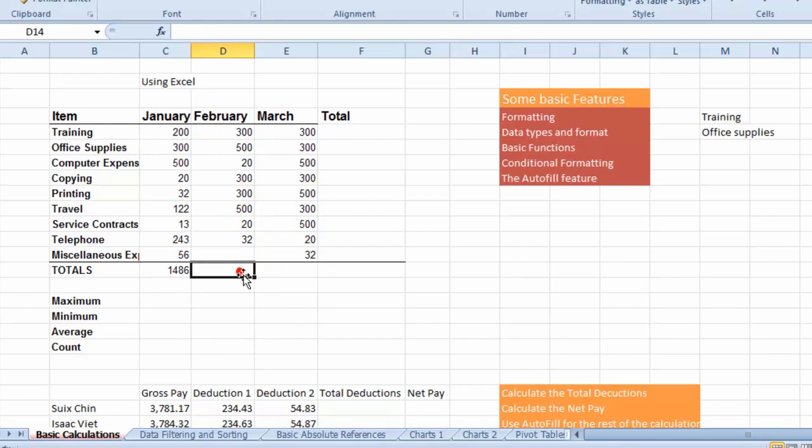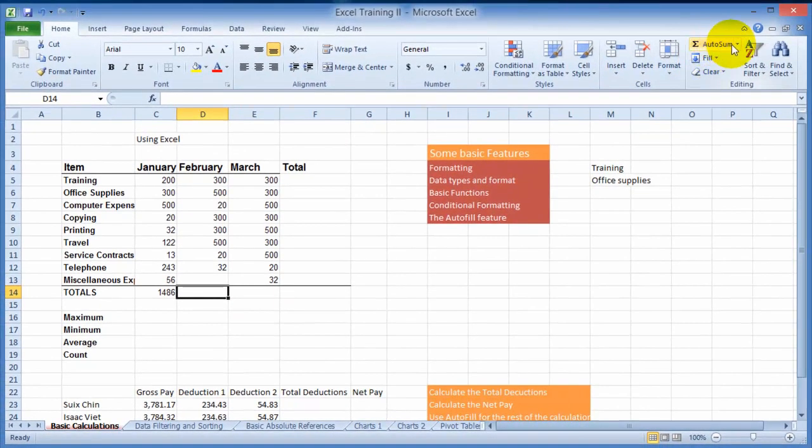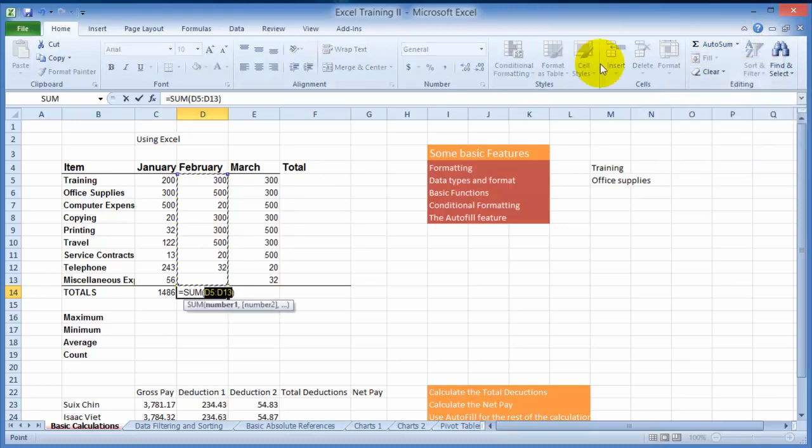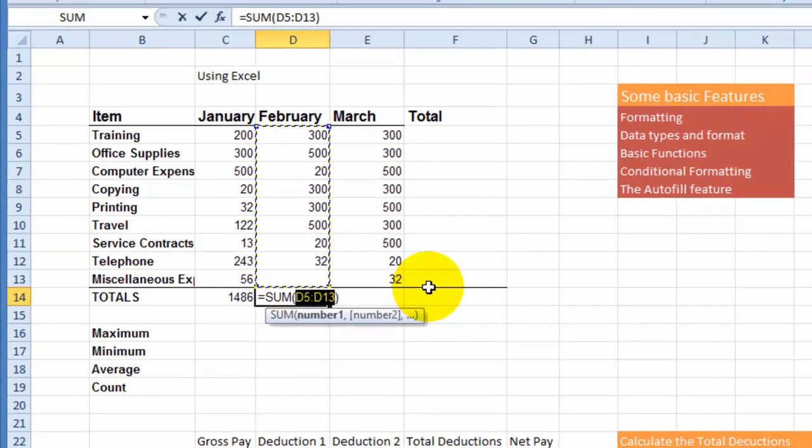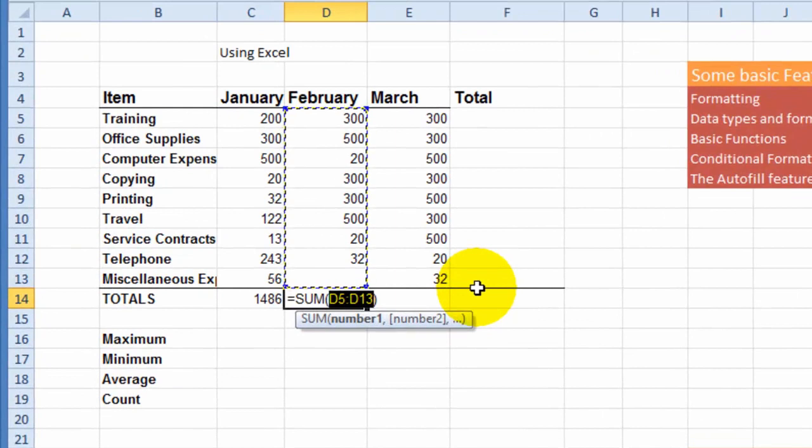The next thing you can do is use the automated calculation from the toolbar under the editing tab, and in there, for example, we want to add all these numbers. You can click on AutoSum here, or just click on the drop down and choose sum, and now Excel will try to figure out what you want to calculate. However, you have to be very careful as to what the program is selecting, because sometimes you may want a different range. That's why I wanted to show you the manual method first. So hit enter here, and this will be calculated